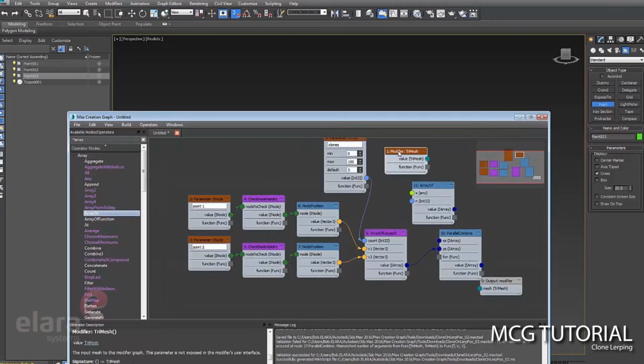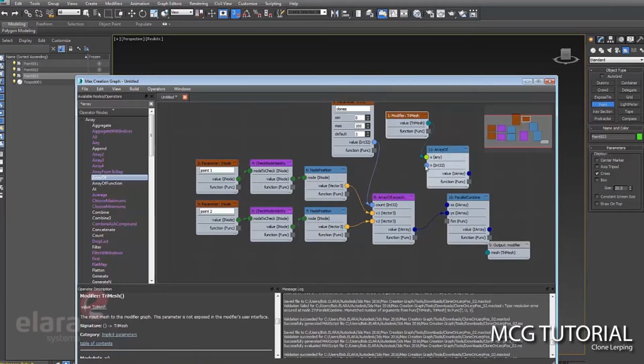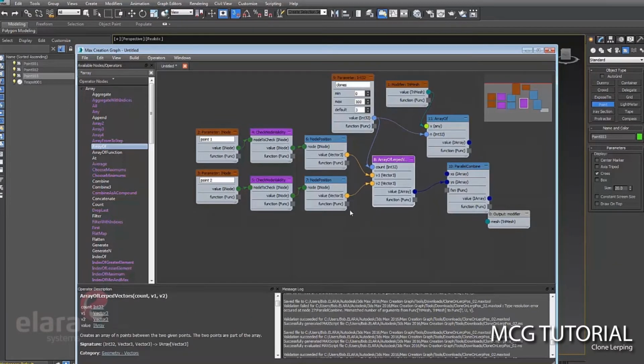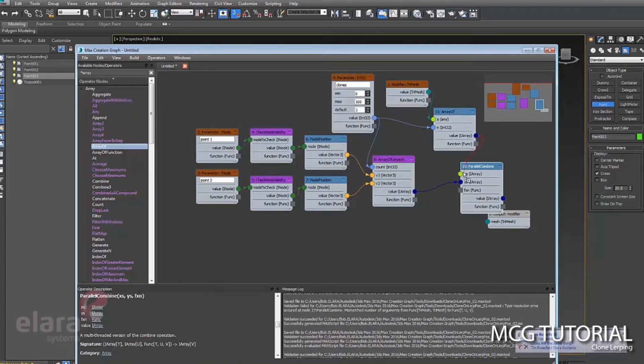What this guy is saying is, hey, I'm going to make an array of this mesh, and it's saying, hey, integer, how many times? Quick tip, there's a little information down about these nodes here. Creates an array that copies the given value n times. So copy this mesh n times. We'll use the same value we used for the number of clones here. So this node is making a number of positions. These nodes are making a number of meshes, and we'll wire that mesh in here.